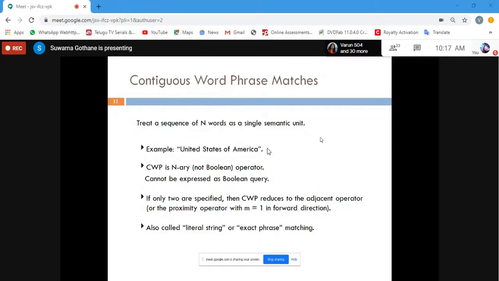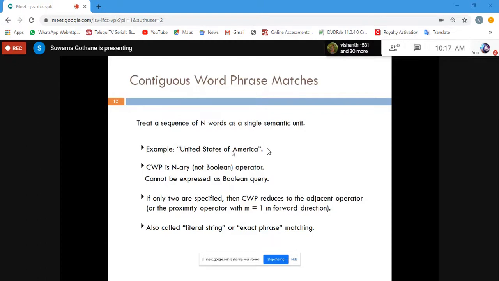So there are certain words which can be a combination of 2 or 3 words which have a meaning. For example, information retrieval system is also one such term, or database management system, data structure, discrete mathematics.